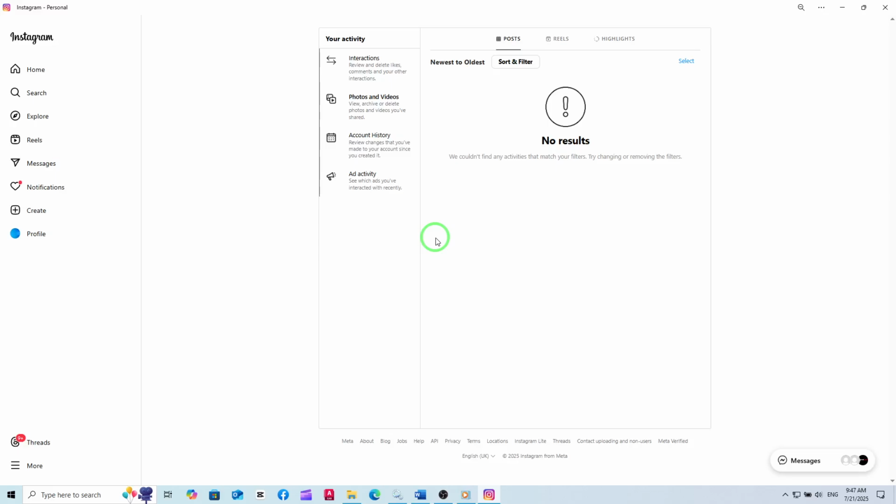This method is perfect for anyone who wants to quickly manage and refresh their Instagram presence, all from the comfort